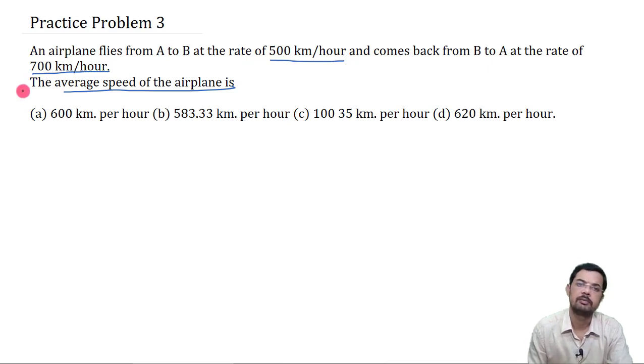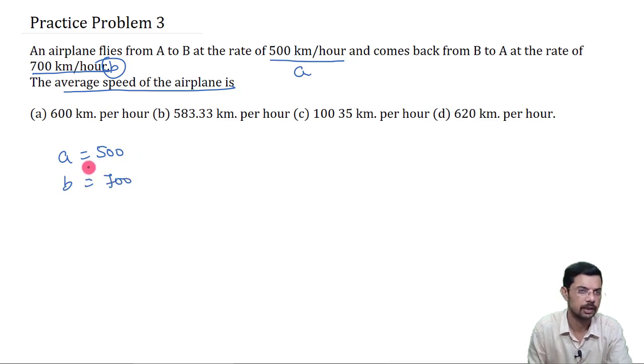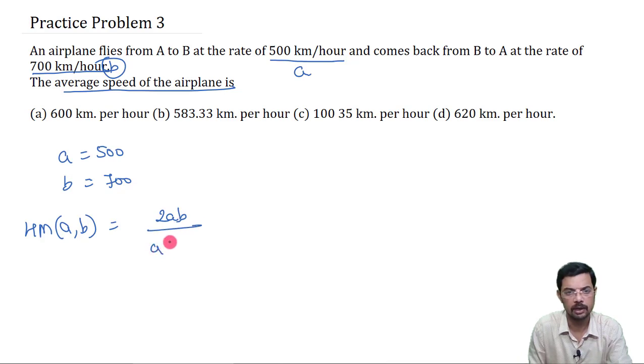So here we will be using the harmonic mean. This value will be taken as A and 700 will be taken as B. So A is equal to 500 and B is equal to 700. We know that the harmonic mean of two observations A and B is given by 2 times AB divided by A plus B. That is equal to 2 times 500 into 700 divided by